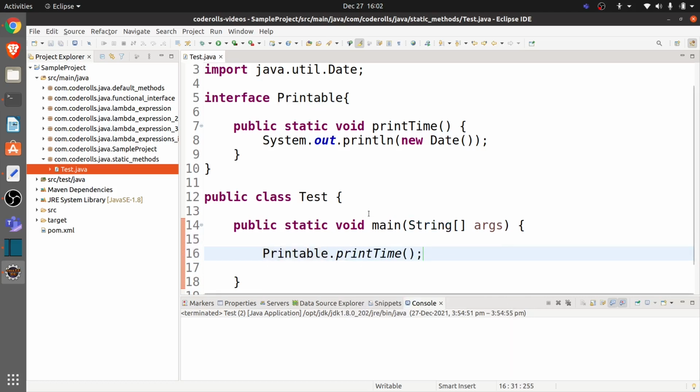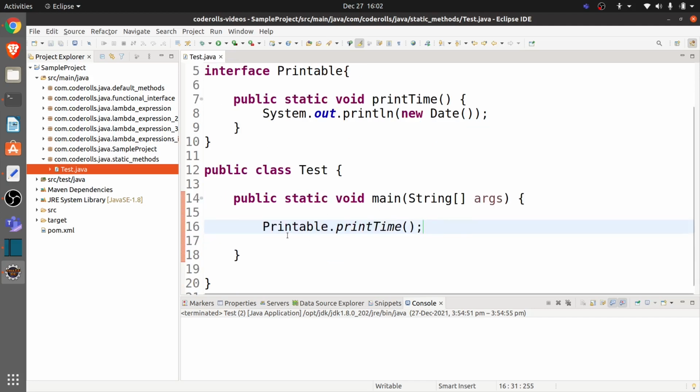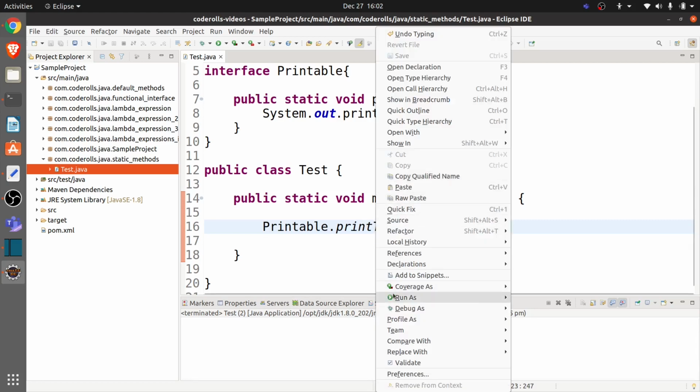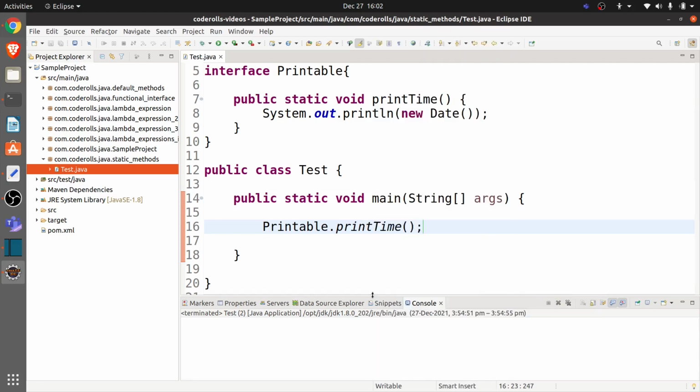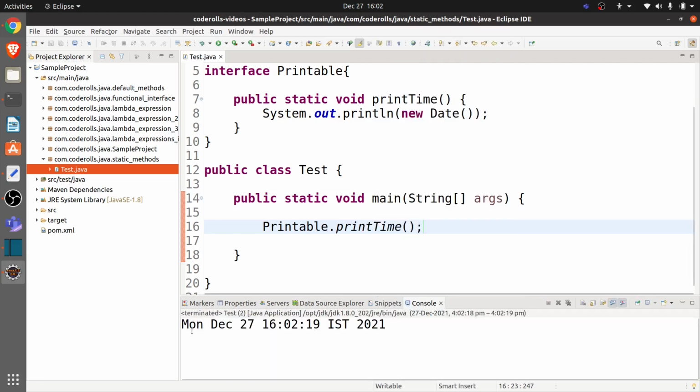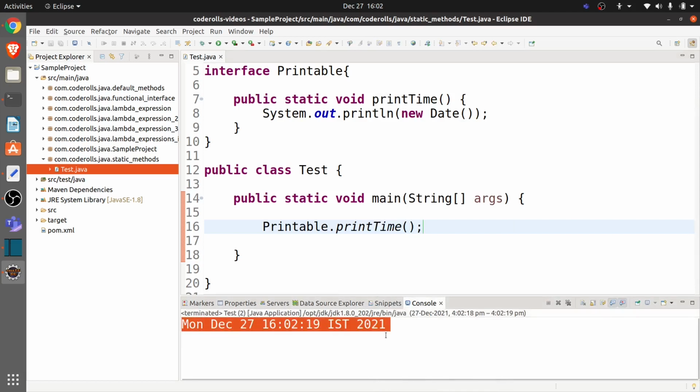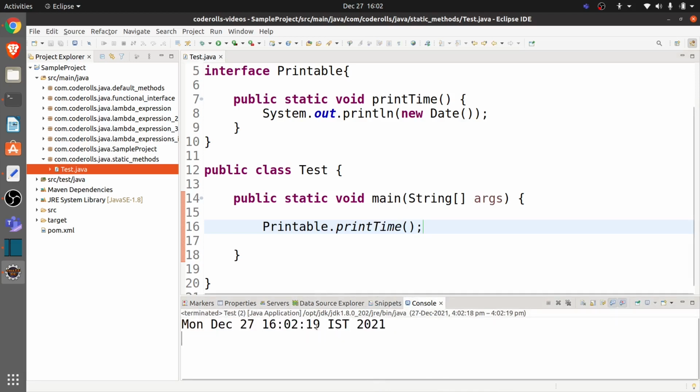save the code and we will run it. On successful execution, we should be seeing the timestamp in the console. So let's run it, and that's it. We can see the timestamp in the console, and that means we are using this printTime